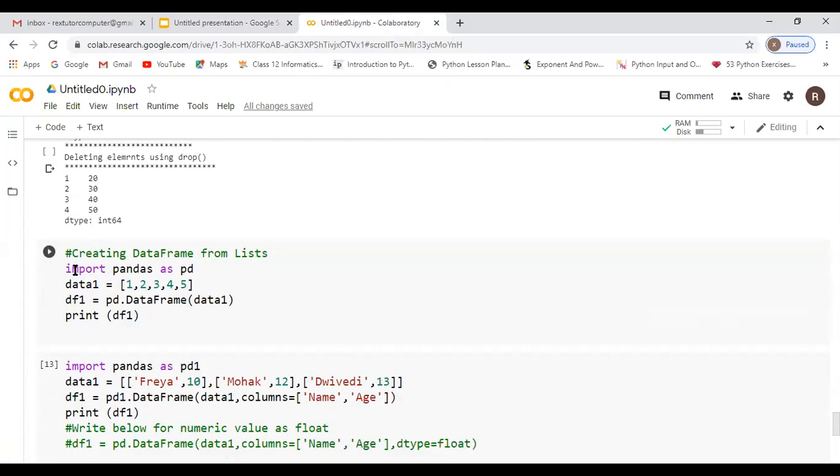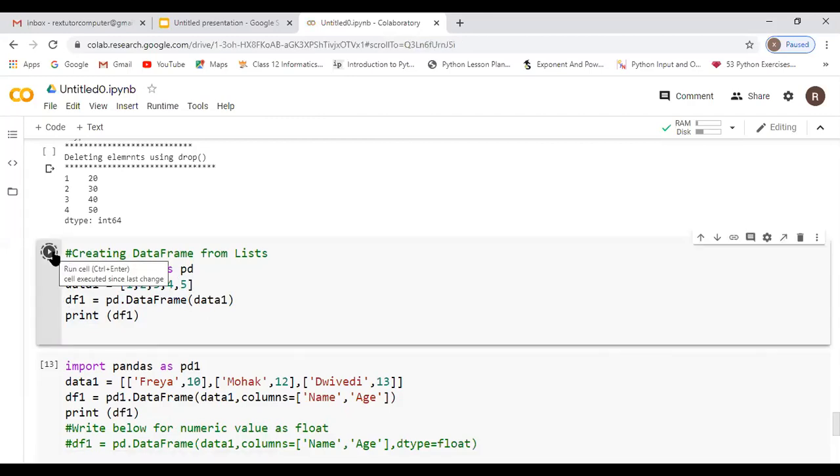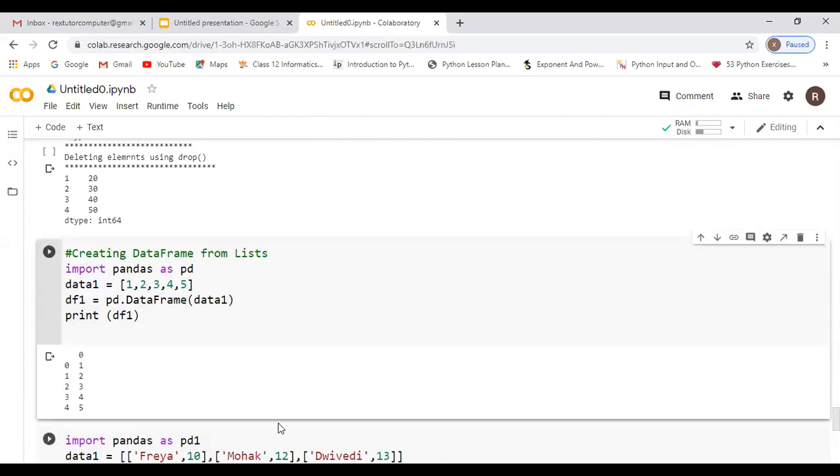Now see here, import pandas as pd. I have stored data1 is equal to 1, 2, 3, 4, 5 like this. Then df1 is equal to pd.DataFrame of data, which is what I have stored here. The list means the square brackets, no? So we are passing the list inside the data frame. Then I am printing. When I execute this, you can see the output. See, I didn't give any index there.